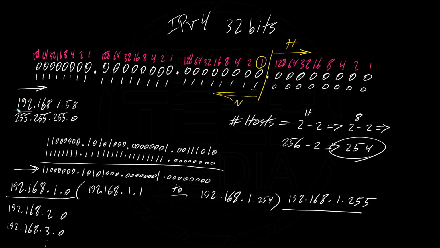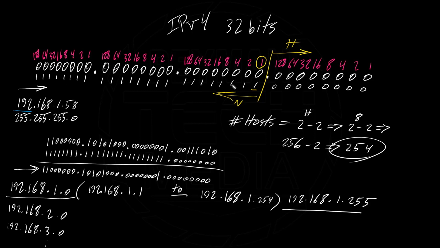Looking at this IP address, 192.168.1.58, this is an example of an IP address in this network. This is the network address, 192.168.1.0. So this 1.58 should be in this range, 1.1 to 1.254. What we did: they gave us this IP address, we looked at the first octet and realized the 192 is class C, and the default subnet mask for class C